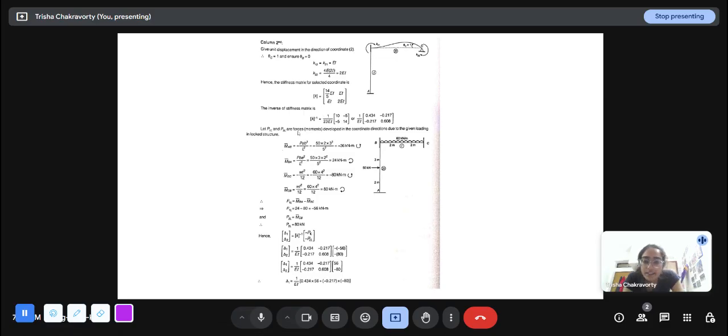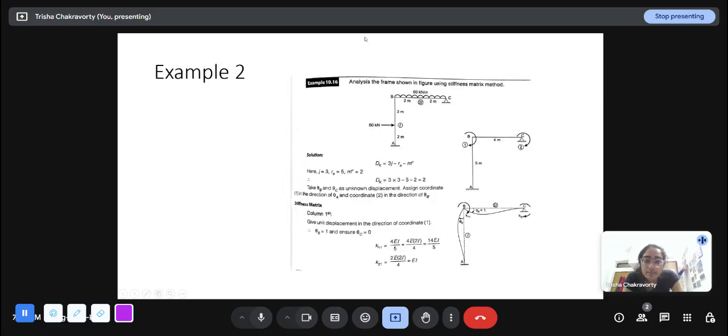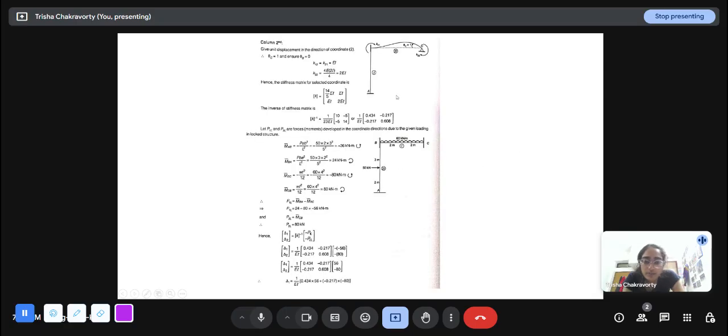MAB bar is minus, since this is a point load not at the midpoint. The formula we have studied is PAB square by L square, and this will be PBA square by L square. So this is minus, this is plus. Here we get two values, MAB bar and MBA bar, which are the fixed end moments. And for UDL, we know that the formula is WL square by 12. So MBC bar is minus WL square by 12, and MCB bar is plus WL square by 12. So P1L is MBA bar minus MBC bar. P2L is just MCB bar.